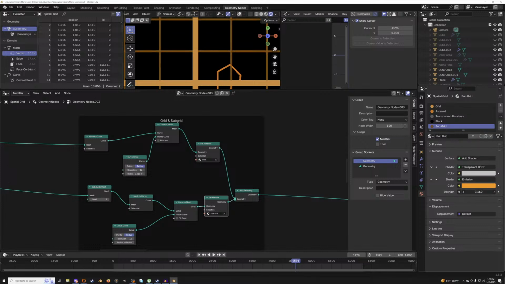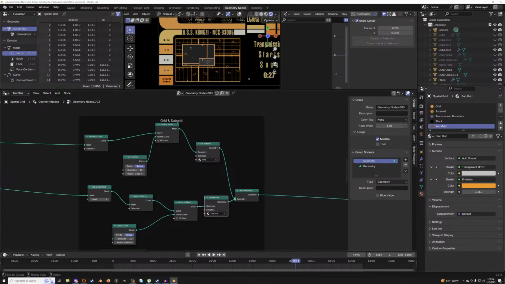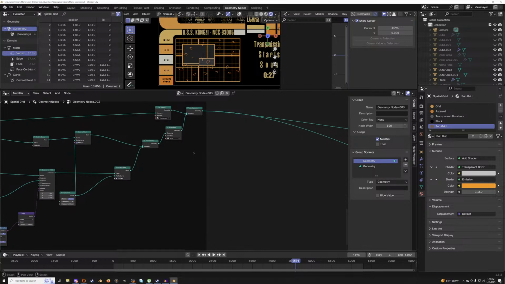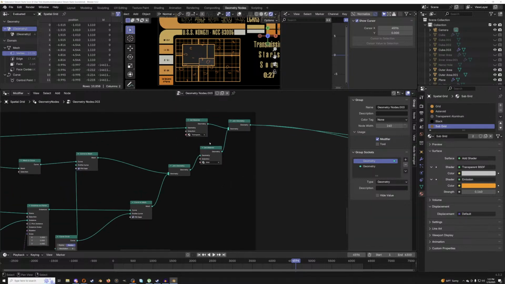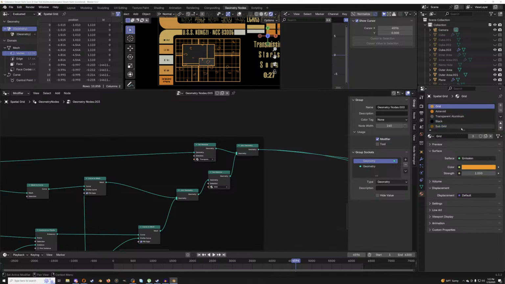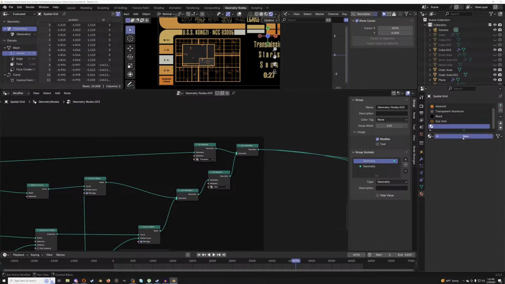There, that might be a little bit too dark, but I think that is a better option there. Okay. And then here we've got grid, and transparent's going to stay the same. So I'm going to add in another material. This is just going to be called